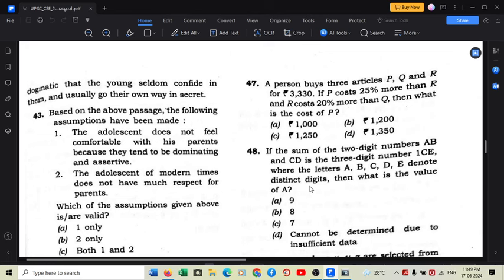And the passage is not talking about being dominating and assertive. The passage is talking about the parents providing those kinds of inputs which they think is their own territory, because they have also been a child and they can control and understand the feelings of the child. So the passage is a little different. Statement 1 is a little different here.